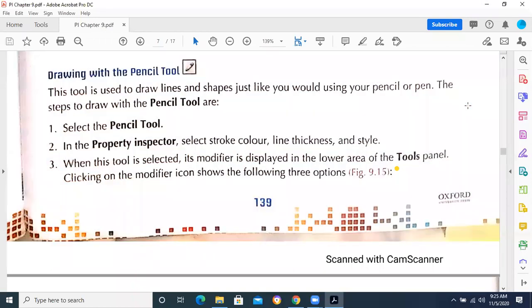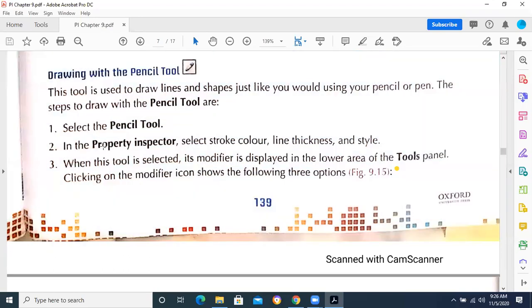It behaves like a freehand tool. The steps to draw with the pencil tool are given below. Now, it depends on how good you are at using the mouse, how much control you have got with the mouse. So you can use the pencil tool accordingly. If your mouse control is good, because you're drawing freely, you are not using any regular shape, it will be drawn accordingly. You are drawing with your pencil. So basically it depends on your control, how good you are at drawing different images.